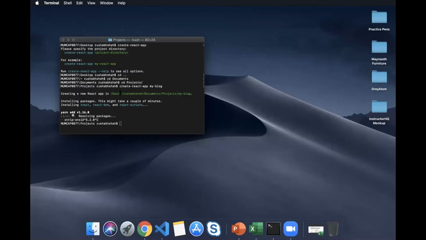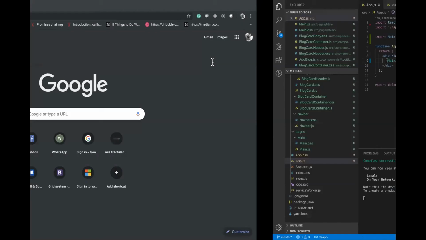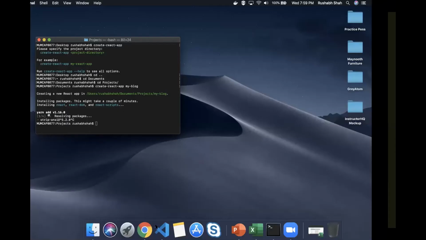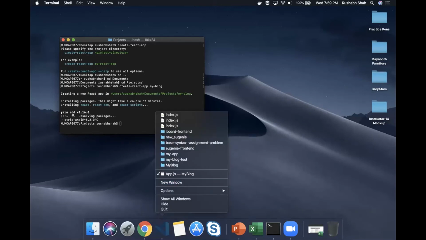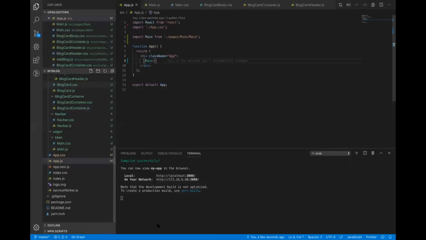Okay, since I've already created a folder, I'll quickly show you that folder here. I'll have to open a new file for you guys. Before we move on, I use an integrated development environment called Visual Studio Code. You're free to choose any IDE whatsoever, but Visual Studio Code gives you suggestions and helps you with errors and everything. So personally, I would prefer Visual Studio Code. I stopped the installation midway because I've already got it created in my system. But when this entire process completes, it creates something like,